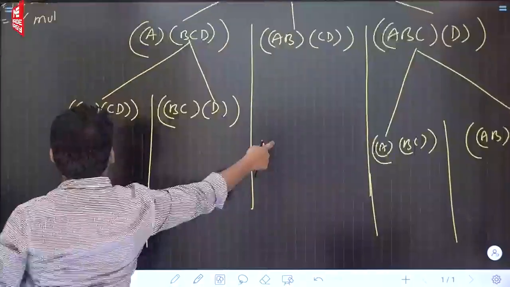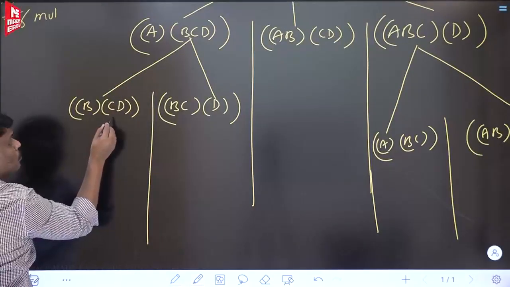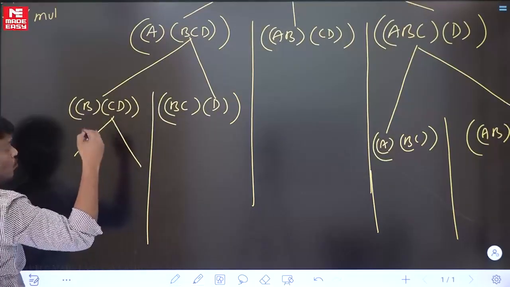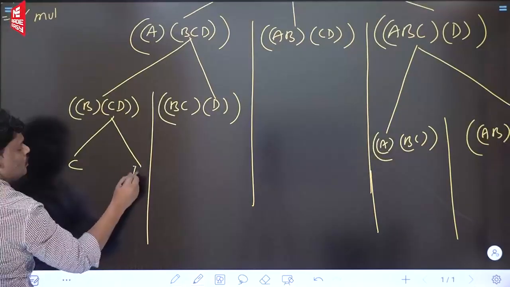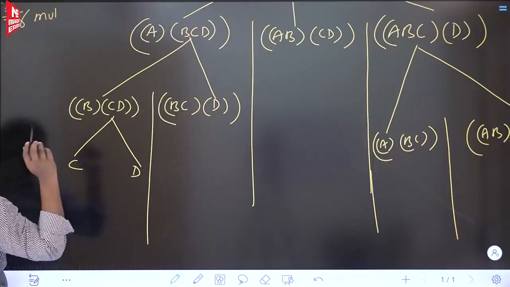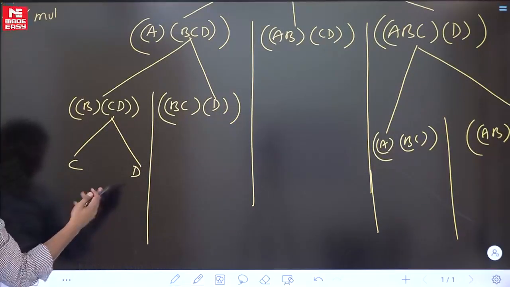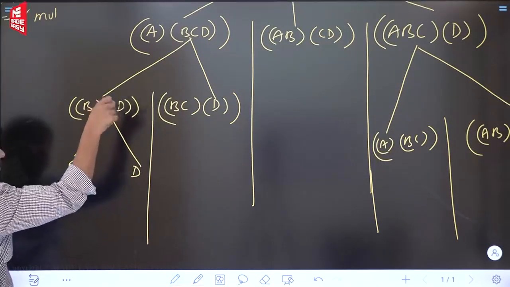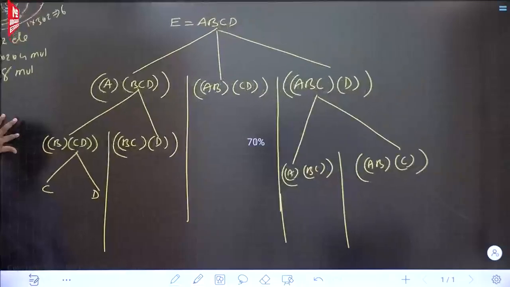If I want to say according to this algorithm, I have to divide 2 also. Actually not required, but according to the algorithm you have to divide until 1 will come. So 2 matrices, one way only, C one side, D one side. So CD, C left side, D right side, only one way there. That is the reason no need to divide, but according to the algorithm, they will divide until 1 will come. Fine, totally 5 ways are there.